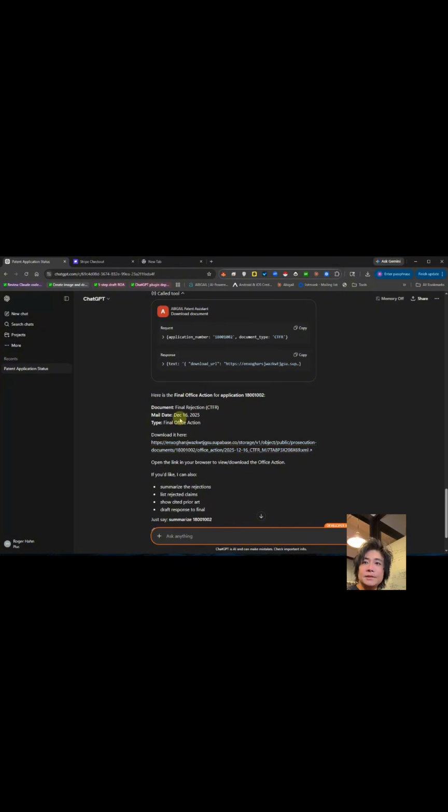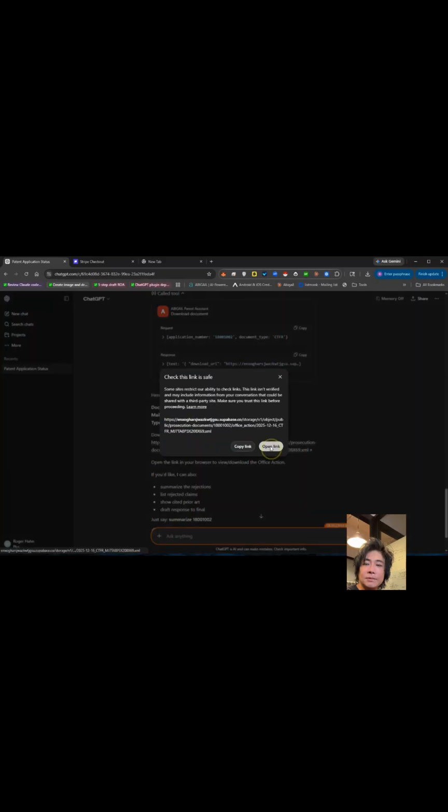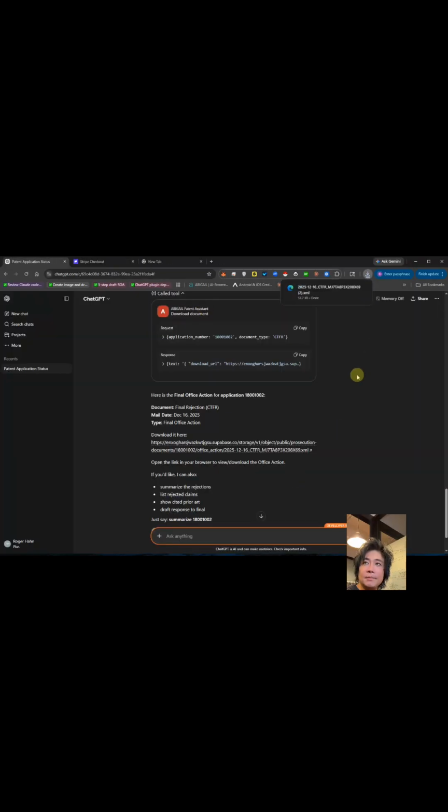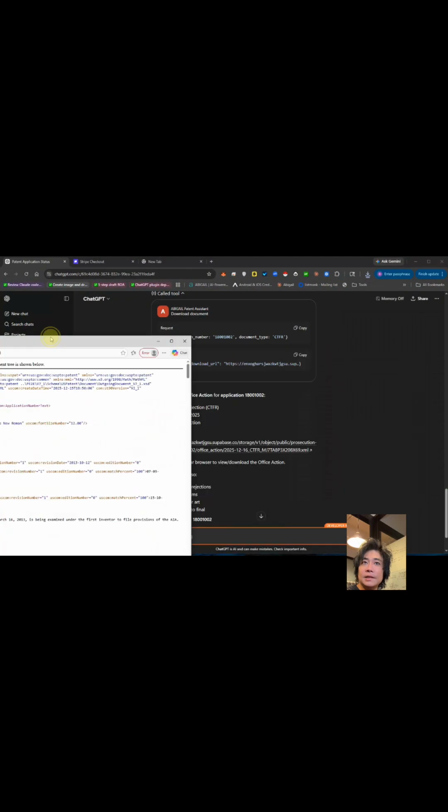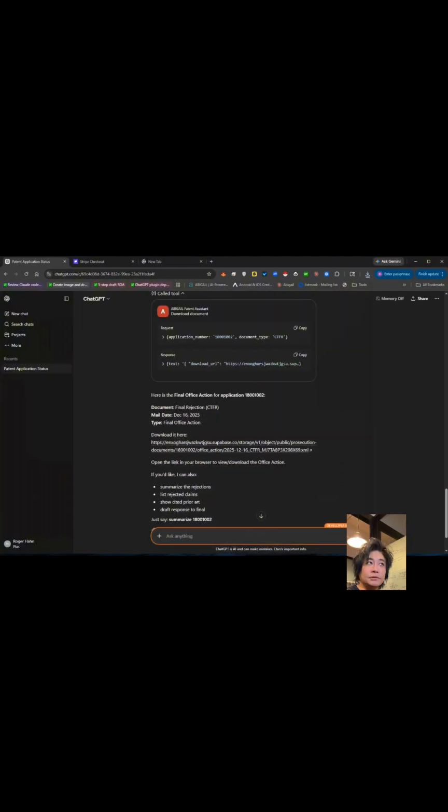So now here it is. It's giving me the office action, and I can download it here. It was December 16th. And here's a copy of the office action. So I just click on it, open it, and here it should be. Oh, actually it gave me the XML. So actually let's be more explicit and say, give me a PDF of the office action